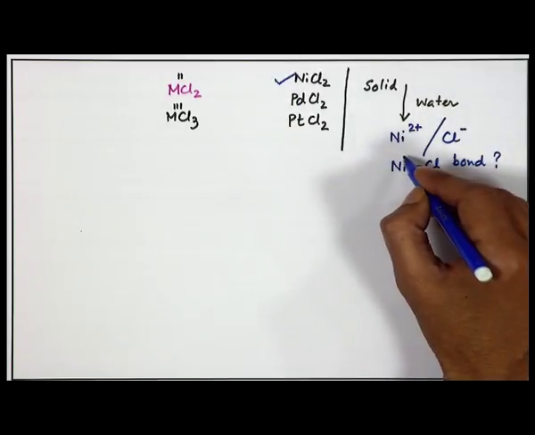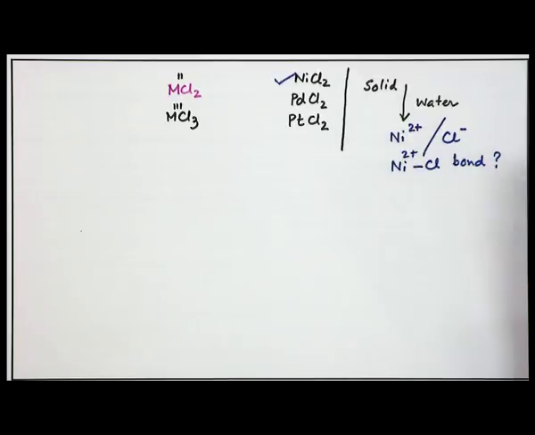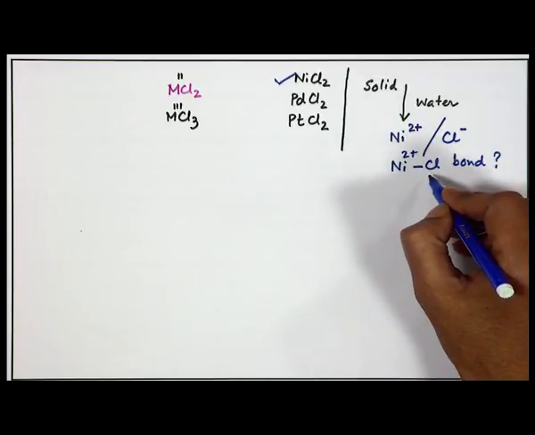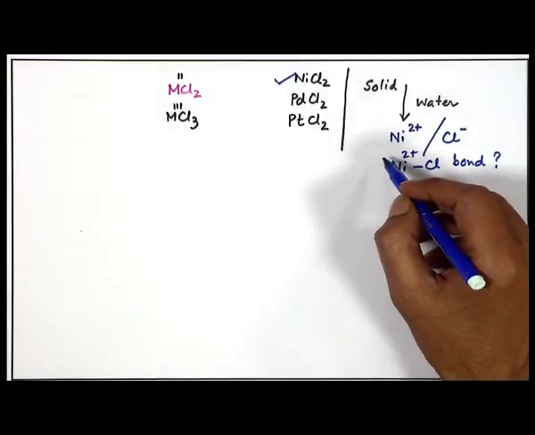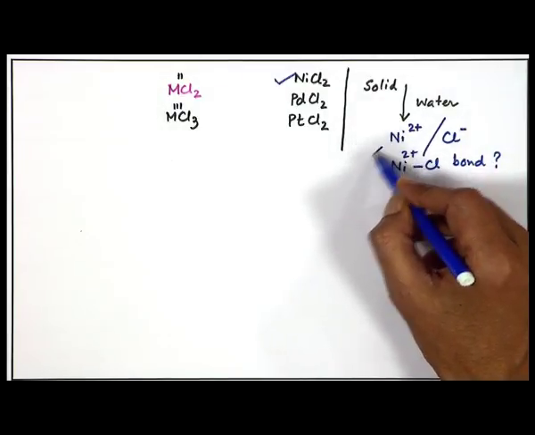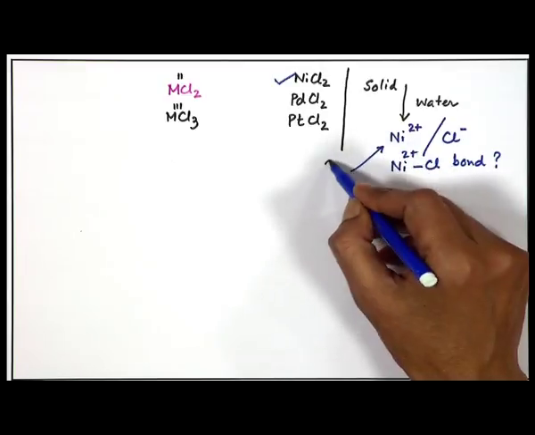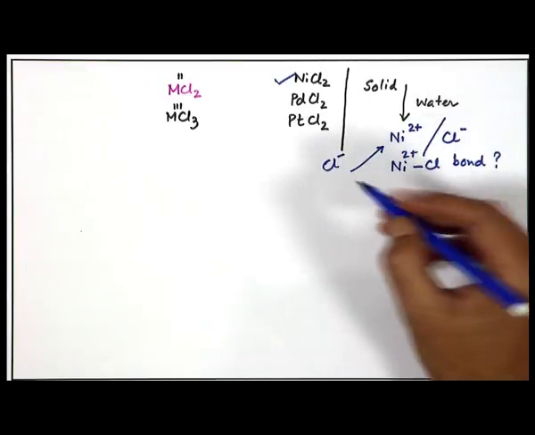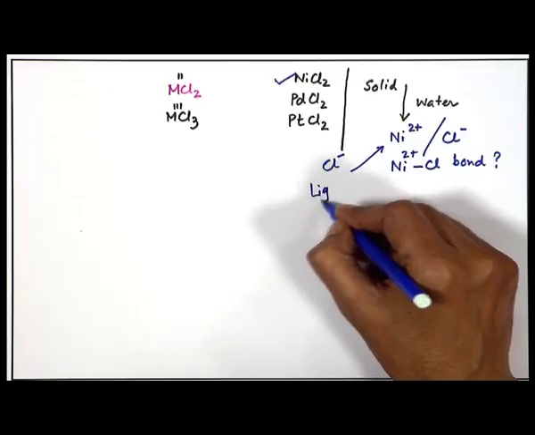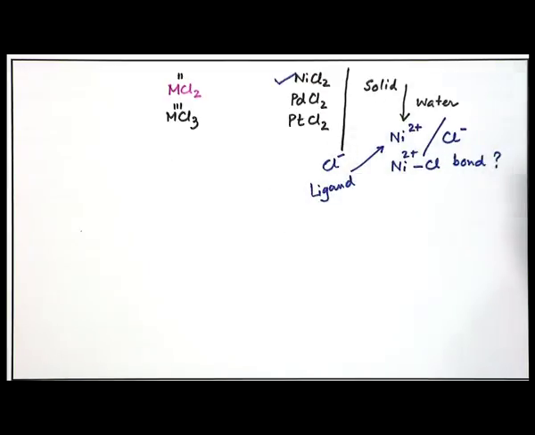So, per nickel in 2 plus oxidation state, we can have at best 2 chlorides attached to it. But if we add more chloride, because chlorides are very good ligands,